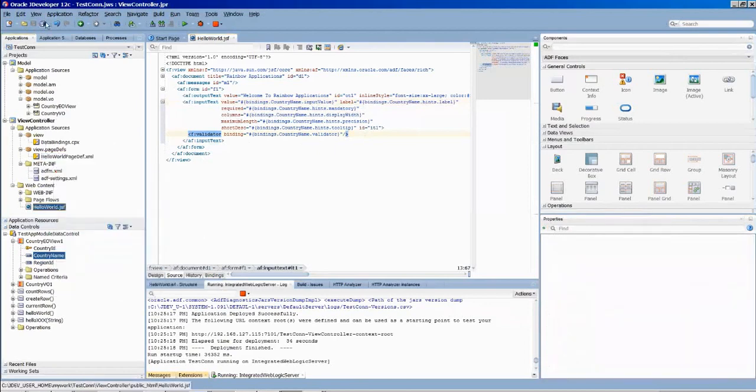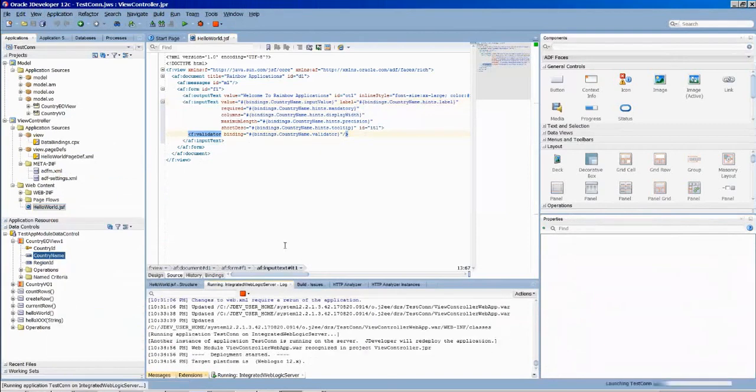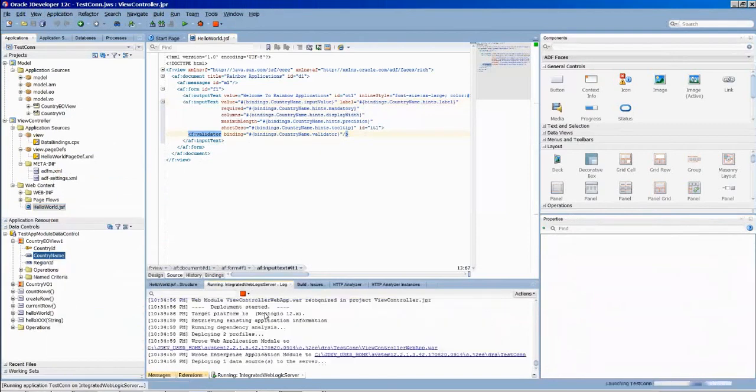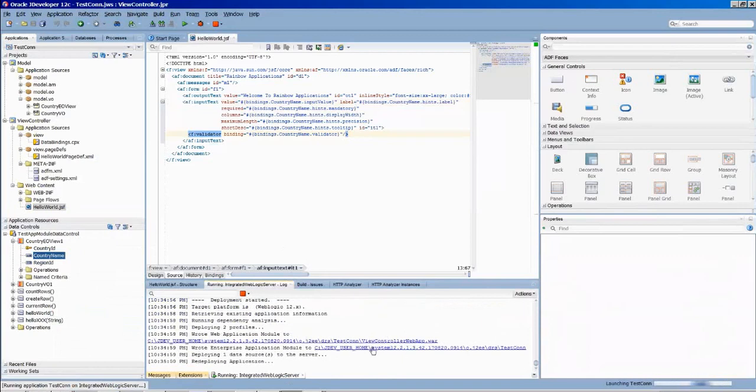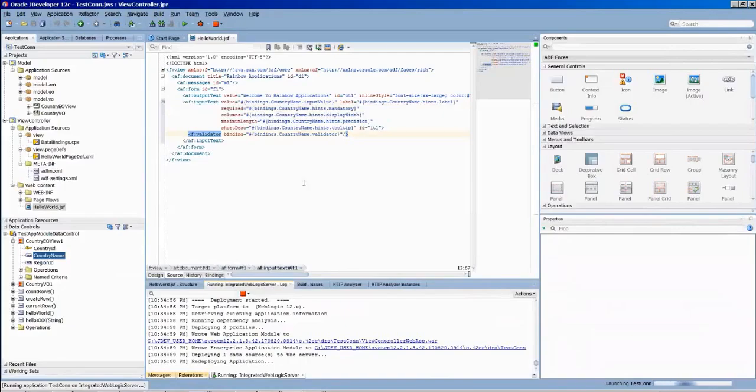Okay, this is the page. I go ahead and run again. Then again, it will go ahead and deploy it. But this time, it will redeploy the application here and again bring up the page. So I am just closing it. While it is running, typically what happens here is